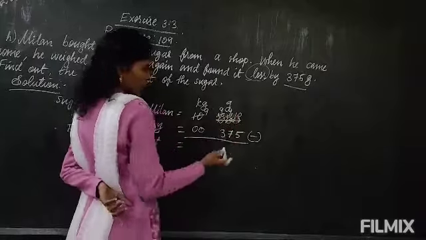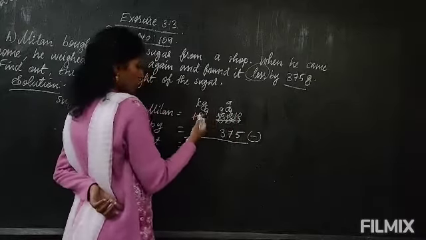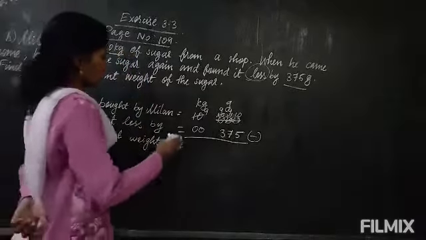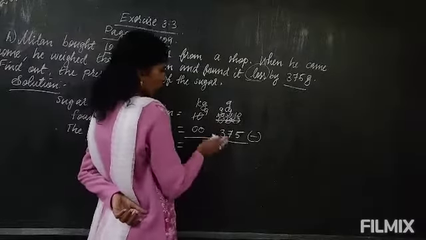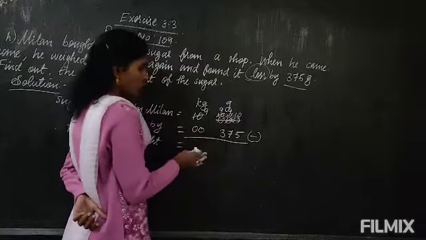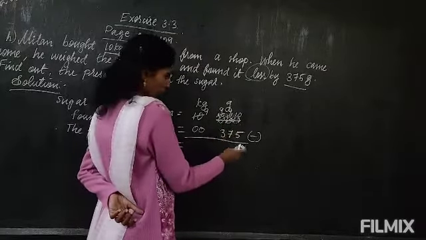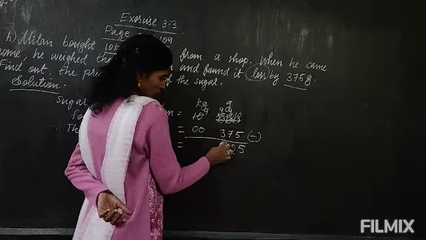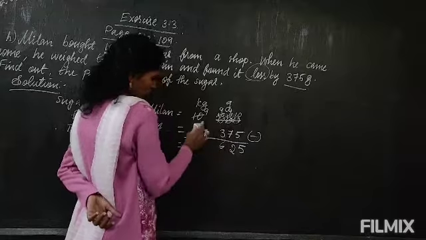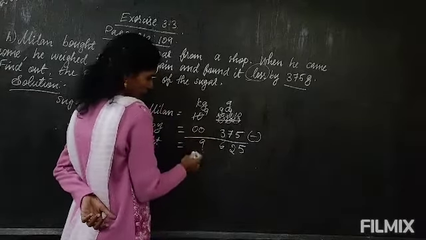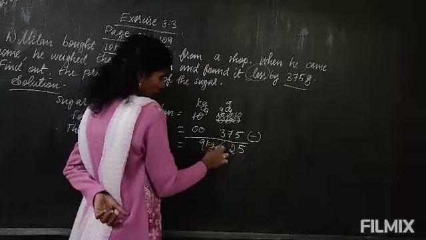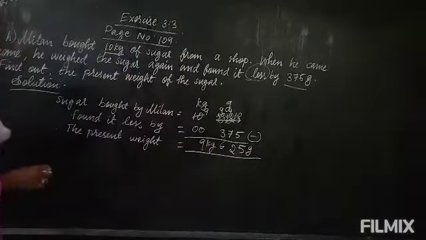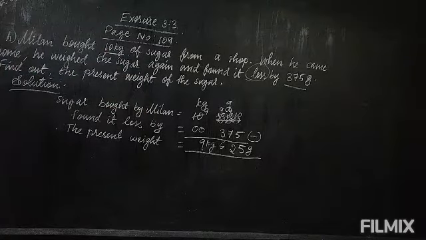So now do ordinary subtraction, okay? Don't be confused. If you think 1 kg goes and it is 1000 gram, you will be confused. So directly go the ordinary way, just subtract, there won't be any mistake. 10 minus 5, 5. 9 minus 7, 2. 9 minus 3, 6. And here 9 minus 0, 9. Okay, so the answer is 9 kg, 625 grams. So the present weight of the sugar is 9 kg and 625 grams.